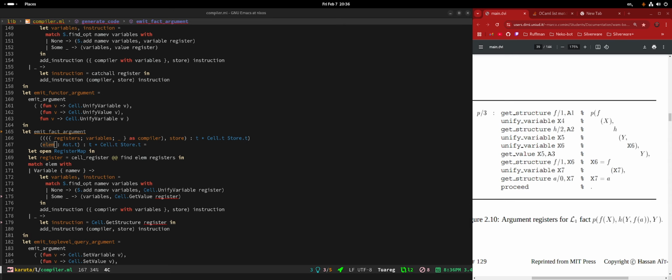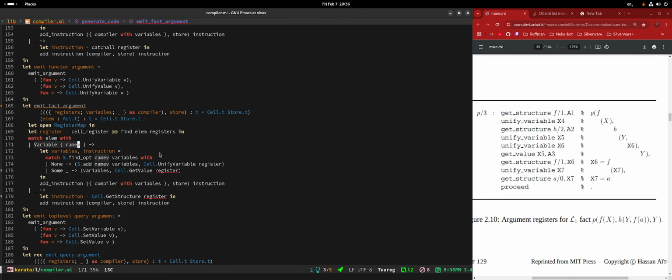So that means we're gonna do a variable, right? We check if the name of the variable we know before. In this case, we're gonna do none, correct? And then we use unify variable, which is this one. Cool.